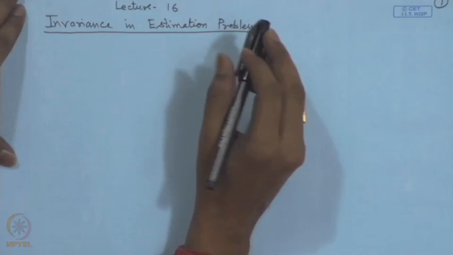Today I will introduce the concept of invariance in estimation problems. Why do we need invariance and what is invariance? Earlier we have seen that we have a large class of estimators. Now, if we insist on certain criteria such as unbiasedness, consistency, etc., then we are restricting the class of available estimators. For example, if we apply the criteria of unbiasedness, then we are considering only those estimators which are unbiased,